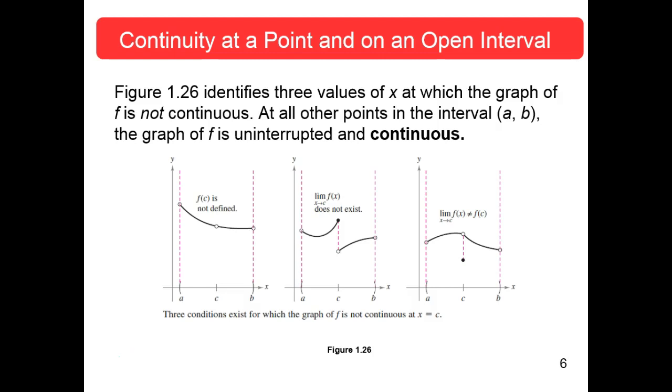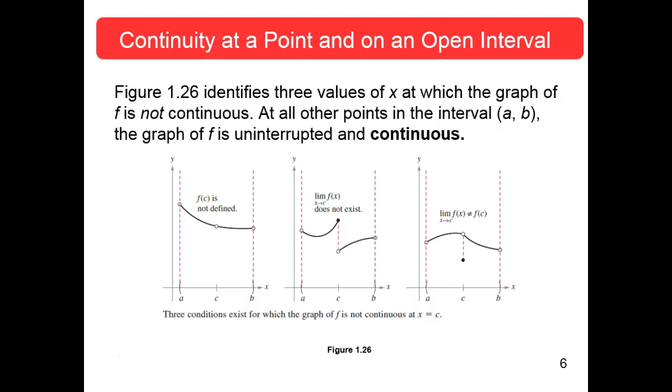And then this one has a value at c, but it's not continuous with the other values at c, coming close to c. So this is, I guess you could call it replaceable, but it already has a value. This just has no value. That one does have a value, and we'll give a special value for that. Here, f of c is not defined, but the limit of f of x as x approaches c is defined